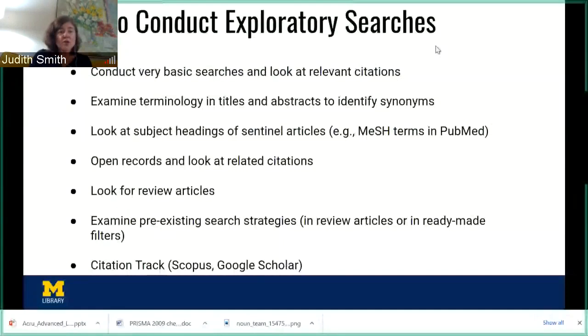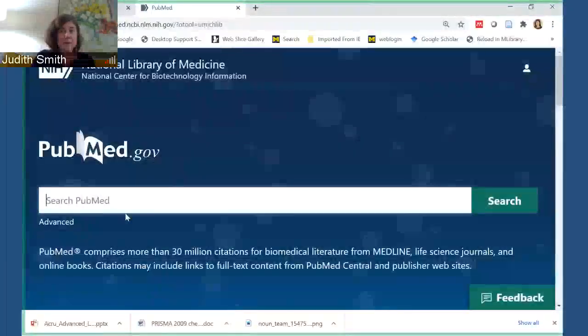Okay. The first thing that I want to mention to you, and this is the same in any subscription database that you may go into in addition to PubMed, which is free to anyone in the world, is that you want to log in. I'm logged in, so that's why I see this image here. You want to log in because it will allow you to save searches and set up alerts. We'll get to that later, but I just want to tell you that you can do that. It's free, and you'll have that with you in PubMed wherever you go.